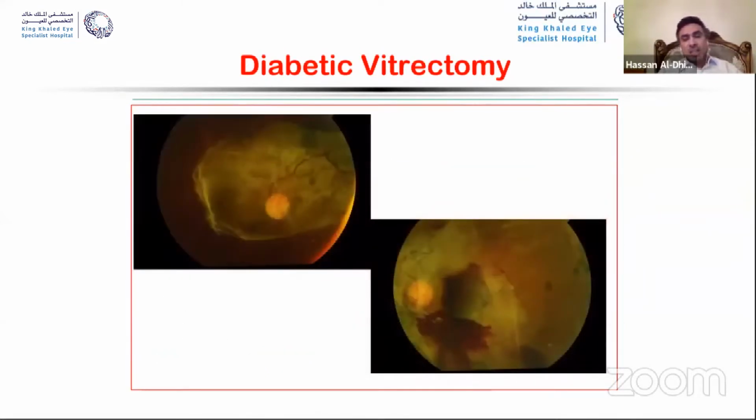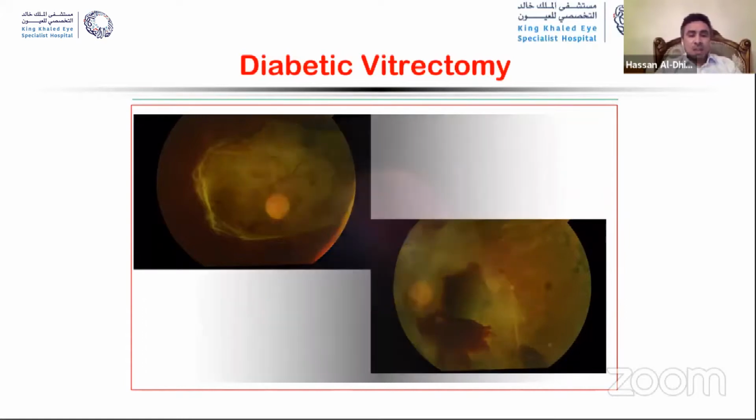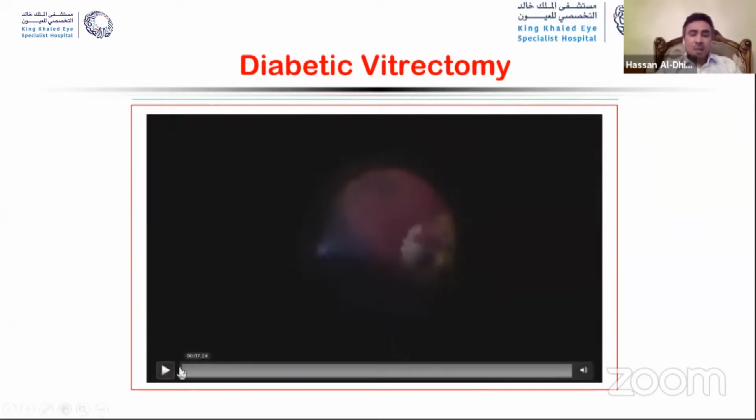Showing such a case: a young patient with a picture as you see, bilateral fibrovascular membranes covering the macula with vitreous hemorrhage in both eyes. This patient is indicated to go earlier rather than to leave it until later. If you look at this patient, just simple vitrectomy and expectation in this case, it will be tough